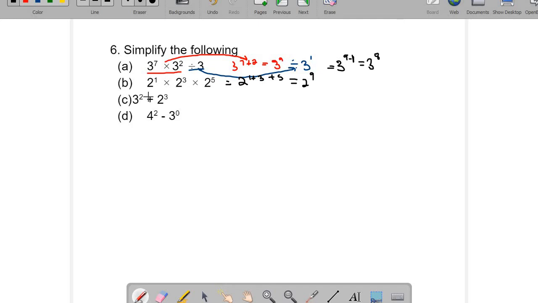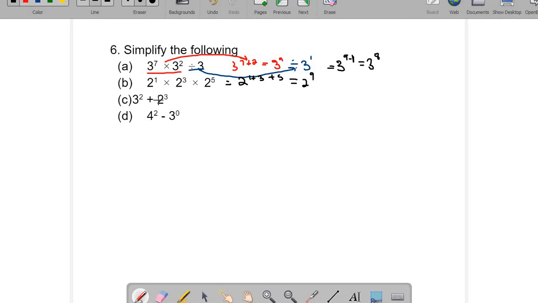Now, there's no law of indices for addition. And another thing you should notice is that they don't have the same base. So the larger number is not the same. The first one, the base is 3. The second one, the base is 2. So even if there was multiplication or division, we cannot apply the law